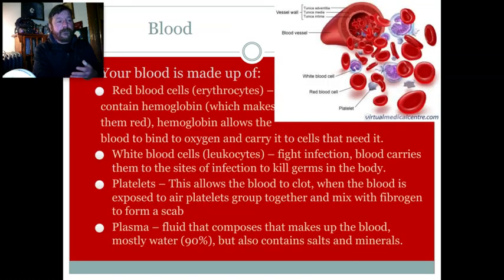Blood itself is not just red blood cells. We're talking about a mix of things. It's very much a mixture of different types of blood cells that all have a slightly different role. The red blood cells, which are called erythrocytes, are what's responsible for the color of our blood. They have hemoglobin in them, which allows them to bind oxygen, to carry the oxygen and the carbon dioxide to